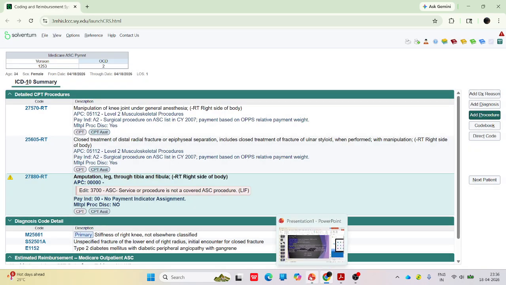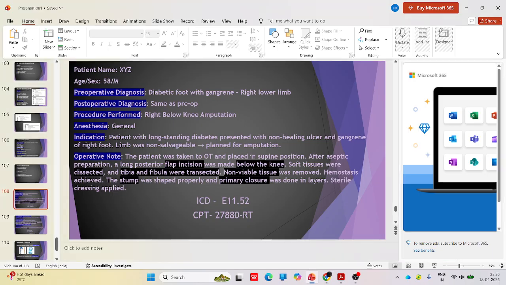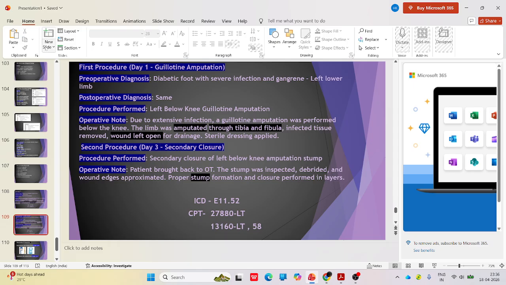So here is the navigation for the amputation topic. Next we'll see another topic, the guillotine amputation, and we'll see the reason, whether it is an arm or some other reason. So for day 1, that is a guillotine amputation, the preoperative diagnosis is diabetic foot with